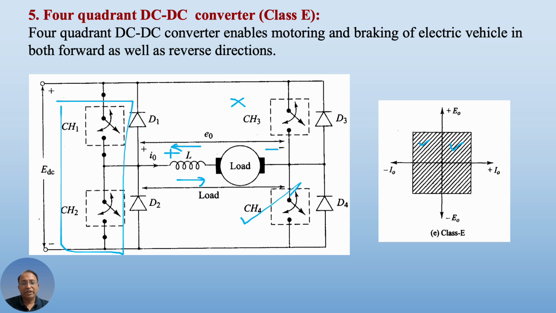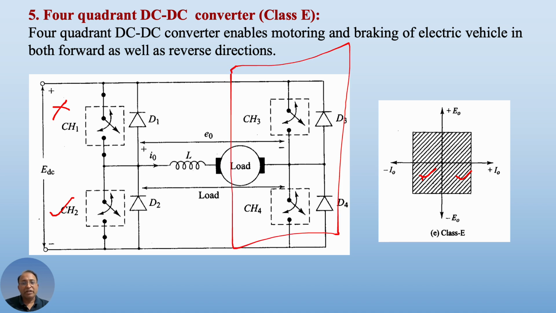back to the source. Now let us consider the operation for the third and fourth quadrant. For the third and fourth quadrant, naturally the voltage appearing across the motor will be negative. So we see that voltage is negative, but current can be either negative or positive. For such an operation, CH2 is continuously turned on and CH1 is continuously turned off. The main condition is that CH2 will be continuously on and CH1 continuously off, and in combination with this, CH3 and CH4 will operate in class C mode,